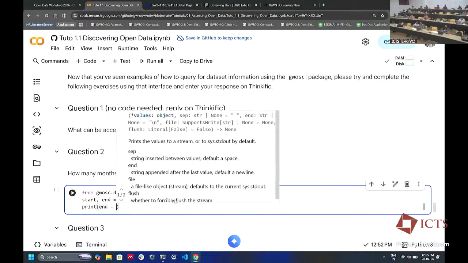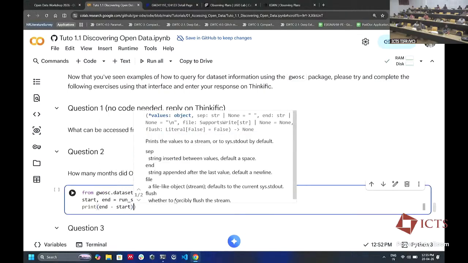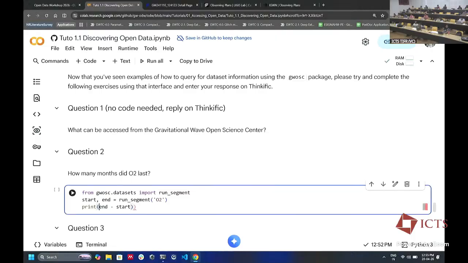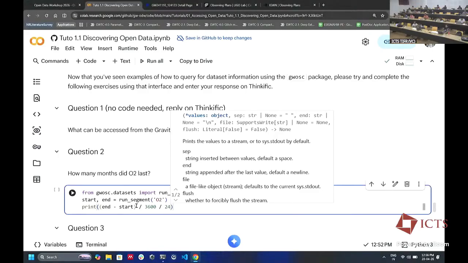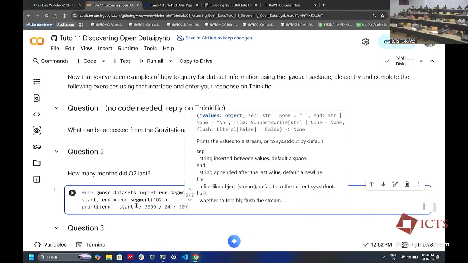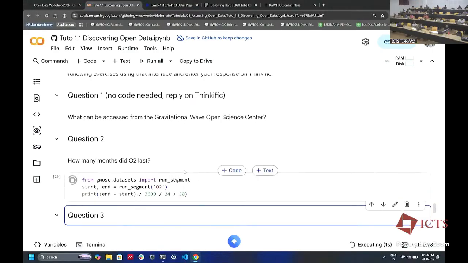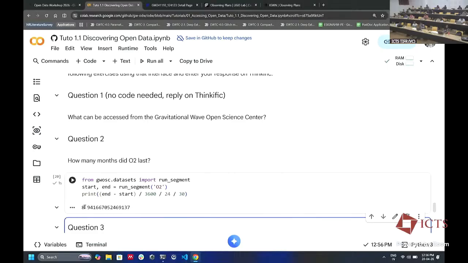So end minus start. So these are seconds. So we divide it first by 3600 to get hours, then by 24 to get days, and then by 30 to get months. So that's about 9 months.